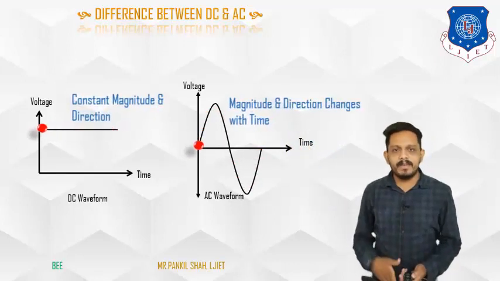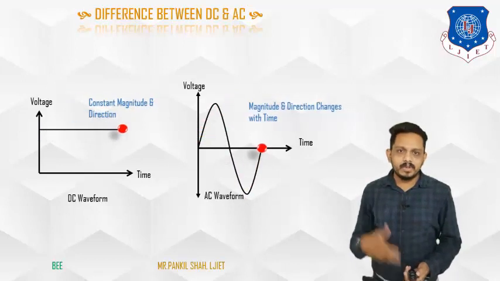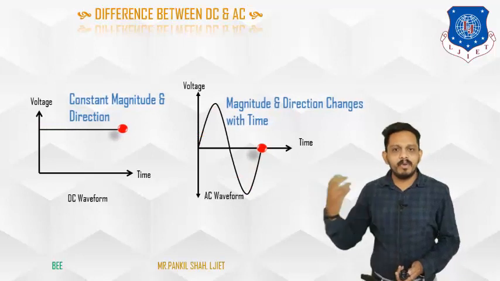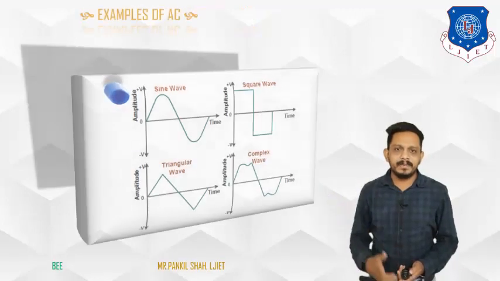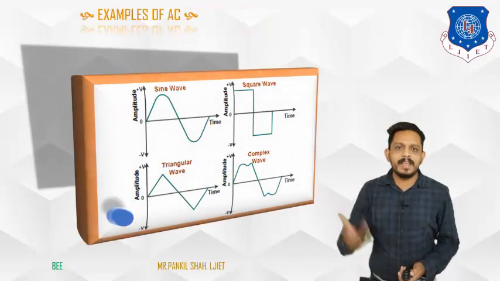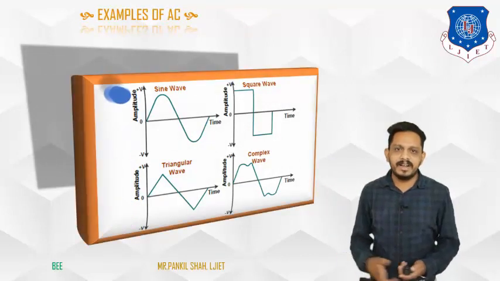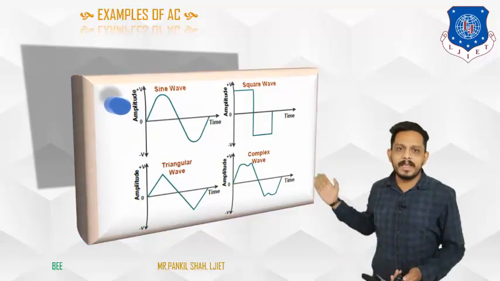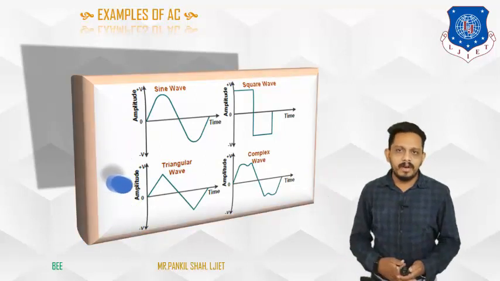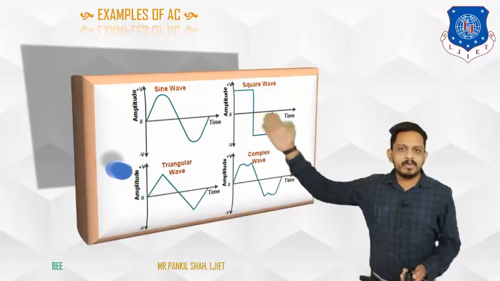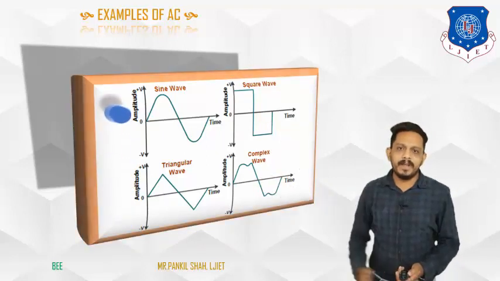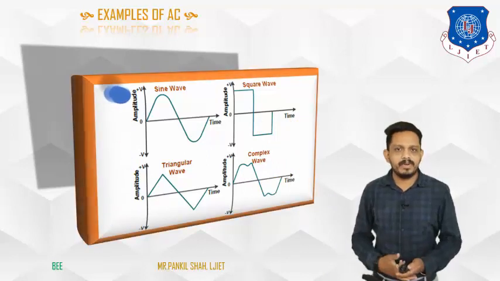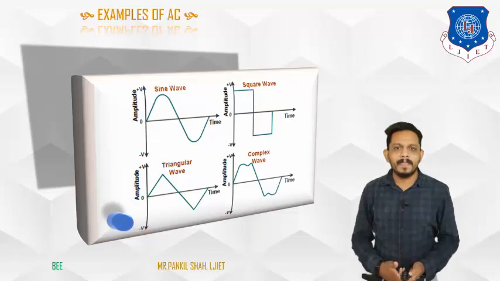In day-to-day life we are using AC equipment, so here we are going to study AC circuits. But before moving towards the generation, let's see some other types of waveforms considered as alternating waveforms. Only the sinusoidal waveform is not an alternating waveform; there are many other types of alternating waveforms, that are the sine wave, square wave, triangular wave and complex wave. These are also known as alternating waveforms, but here we are going to discuss only the sine wave.